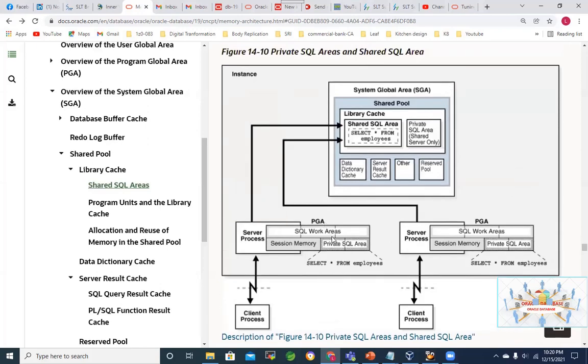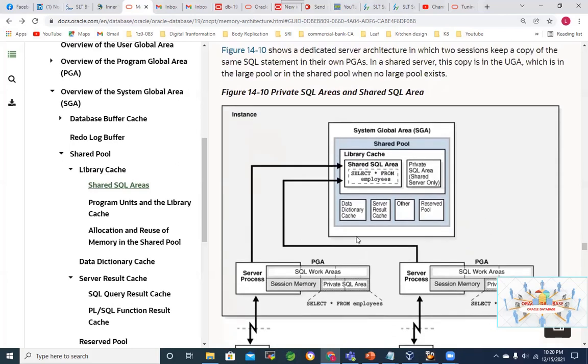In the middle of the process means, let's say these things have happened and user number 3 and user number 4 are going to come. Then you can explain what the documentation says, because you already have areas here now, since user 1 and user 2 have already worked here. So we have shared SQL areas defined.